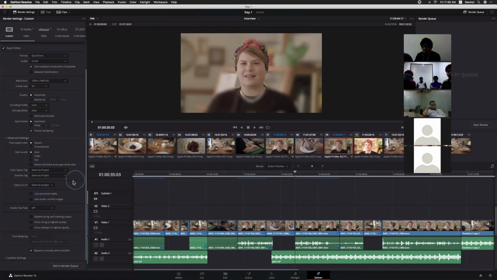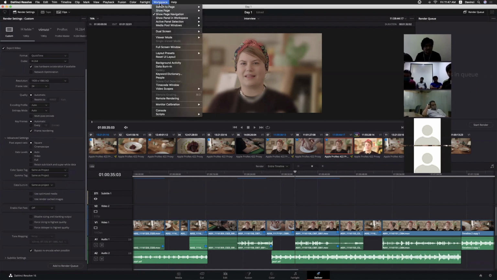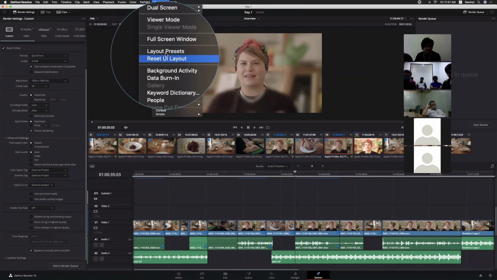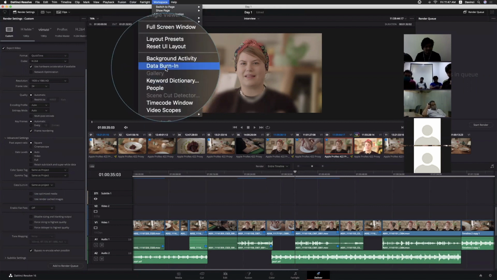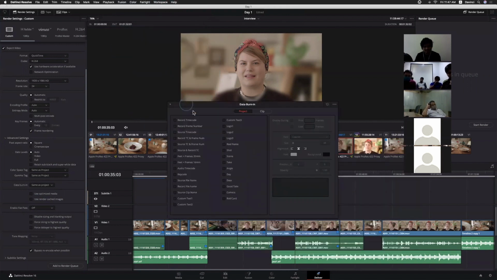Do you people remember that data burn option? We added time code, we can add text, or we can even add an image as a watermark. Yes, right. So you will find that option in workspace, this data burn. Where is it? Yeah, somewhere here. So this video we have seen, right?